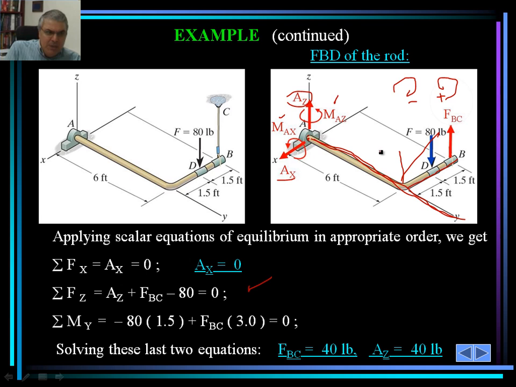So if the rotation about the y-axis only, if this is the direction of the positive rotation, then that will cause a positive moment. And then as such, we can solve it. We can get F sub BC at 40, calculate that, and as a result, A sub Z would be 40. A sub Z is 40,